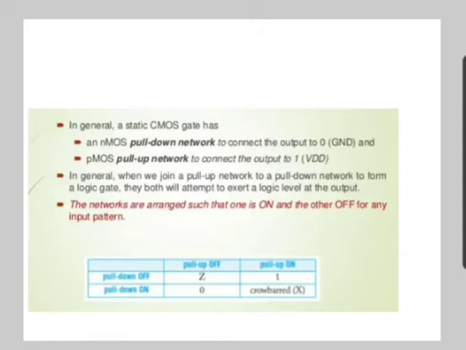Two or more transistors in series are on if all the transistors are on, and parallel transistors are on if any of the parallel transistors are on. By using this principle, various combinational logic can be constructed. So we will see the selected connections and behavior of series and parallel transistors.